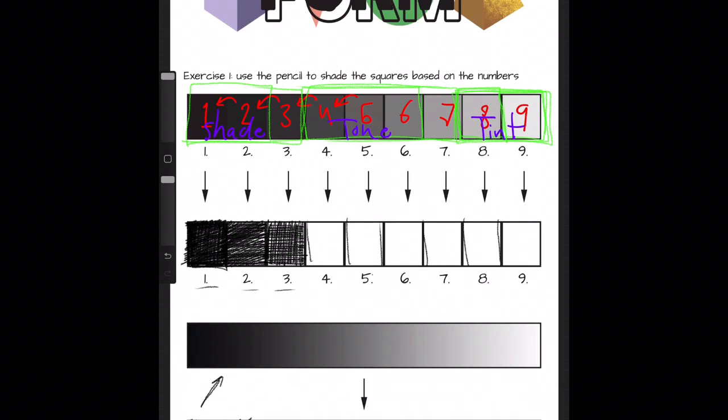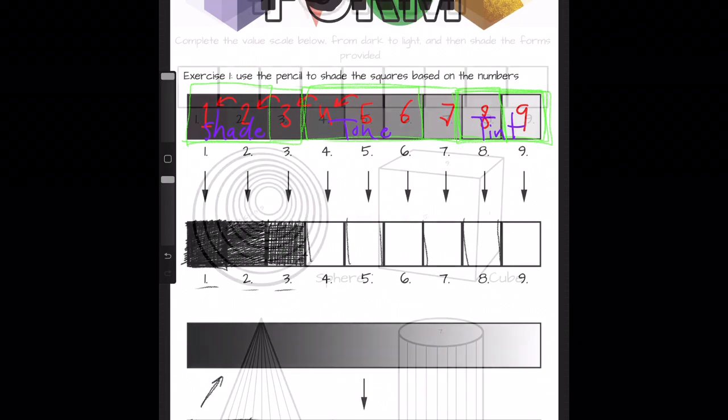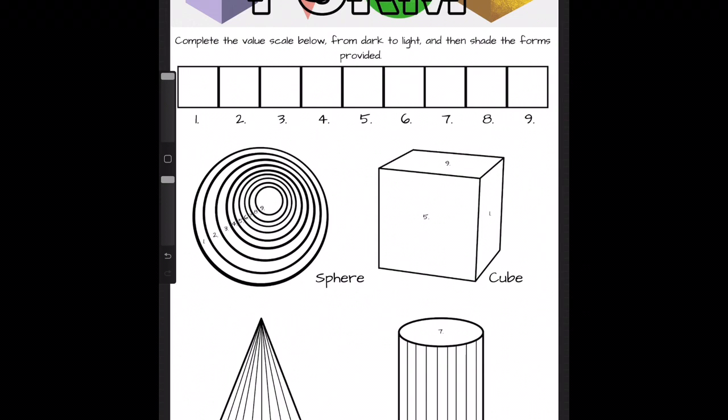And here you can easily create it without the squares by only using your hand motion, slightly removing the pencil whenever you get near the number 9 or 8. So you will create the value scale by yourself. Here is the same thing we discussed about, which I will also include in the Google Classroom as an